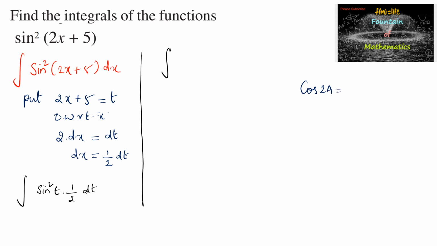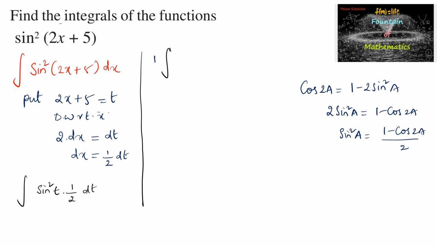cos 2a is equal to 1 minus 2 sine square a, or we can write 2 sine square a is equal to 1 minus cos 2a, or sine square a is equal to (1 minus cos 2a) upon 2. So here sine square t we can write, with 1 by 2 here, 1 by 2 times of sine square t is (1 minus cos 2t) divided by 2 dt, or we can write this as 1 by 4 times of integral of (1 minus cos 2t) dt,